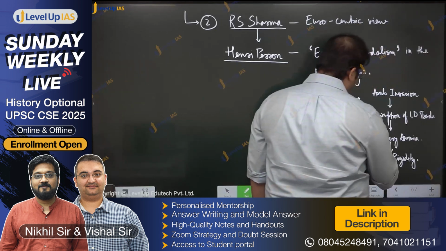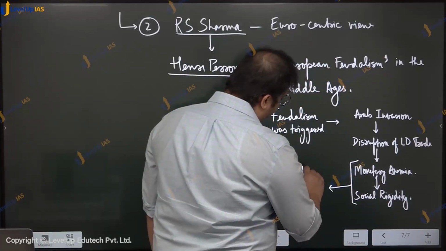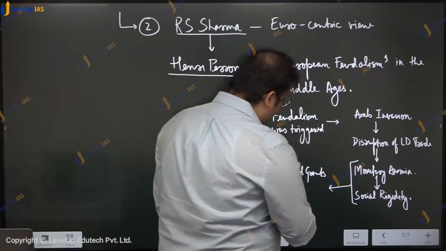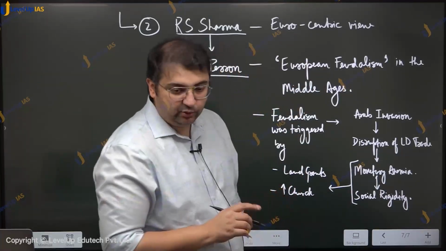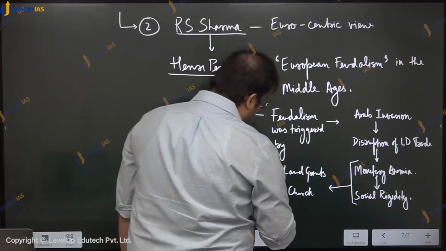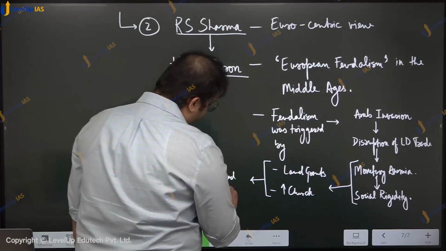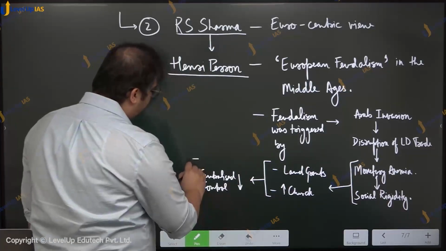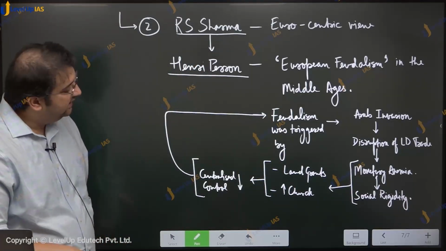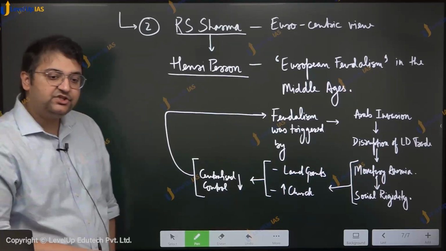And these things contributed to the rise of land grants, along with the rising status of the church in regulating not only social life and religious life, but also society, education, and even politics. As a result, centralized control weakened and feudalism emerged. Okay? And this process lasted till the 7th century, when, for the first time, commercialization of agriculture started taking place,